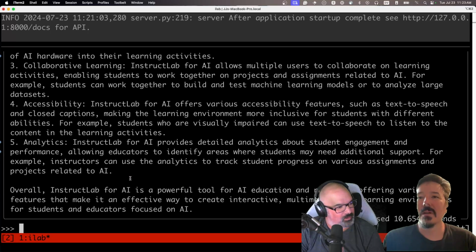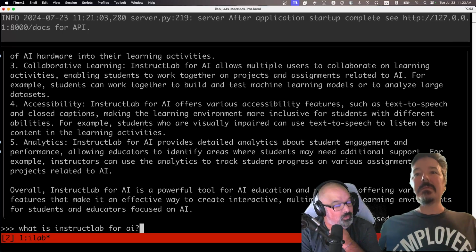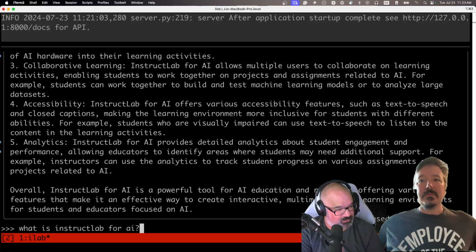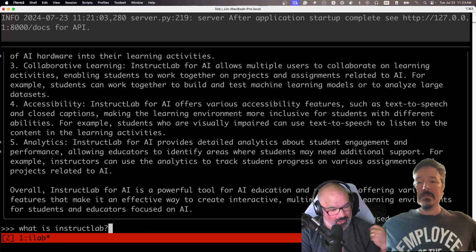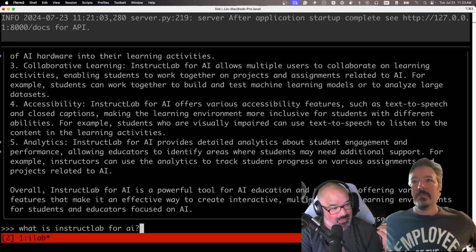And as you see, one of the questions that we'll eventually get to is, what is the term of prompt engineering, right? Asking the right question to the AI to get the stuff out. I just asked, what is InstructLab initially, and it talked about it as an educational system. Then I tried to say, hey, what is InstructLab for AI, which you'll still see in a little bit here,